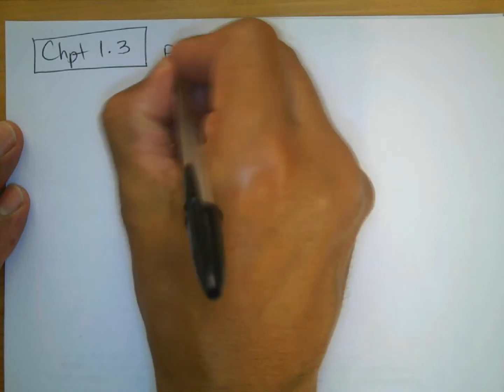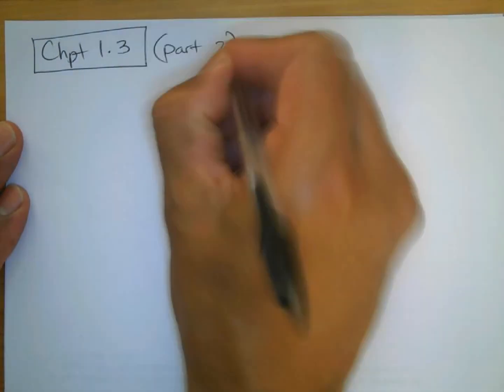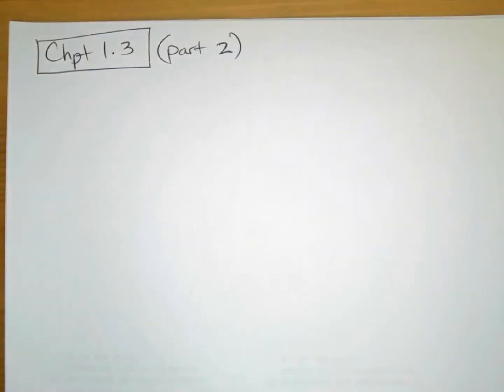Okay, here's the second part. The second part of chapter 1.3, right? Part 2. This is where we're going to see the problems. And actually the work's going to be so easy. Okay, so we're talking about